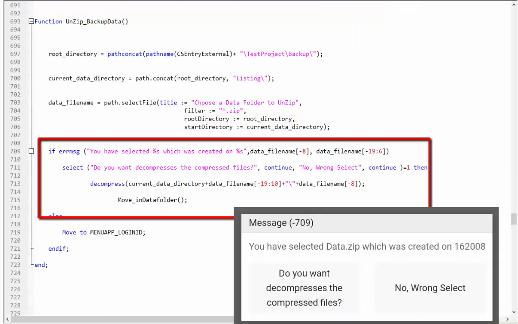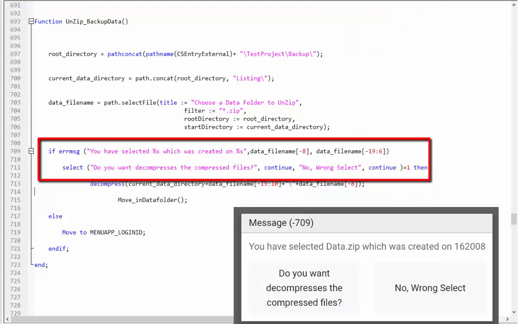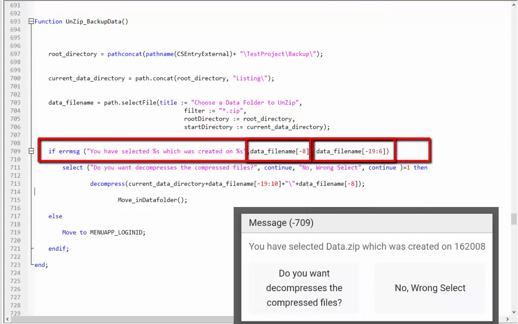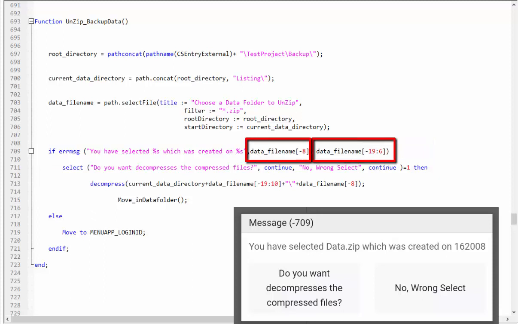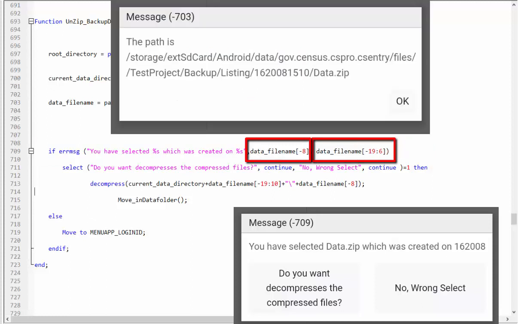The message that appears on the screen now follows this logic. In the message, I am passing two string arguments. I am using the same argument name with two different substrings in this message. Path and selections are saved as a string in this argument. This is what it will look like. -8 indicates that in the first argument, we get the last 8 characters and the name data.zip. Whereas in the second argument, we get the folder name from the 19th position to the right, which is 6